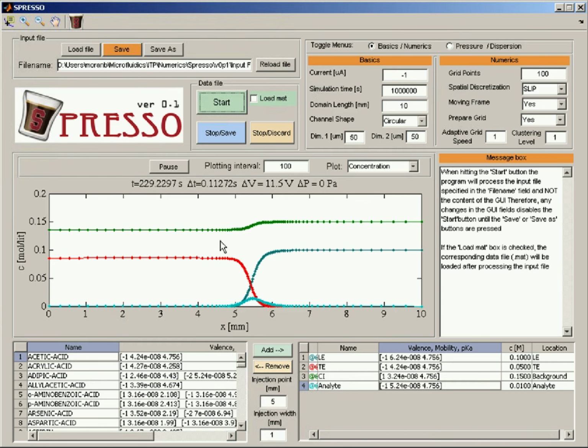You can see that there are many grid points here at the interface, and that the flat regions are very sparsely gridded, and this is the adaptive grid. This simulation currently runs on only 100 grid points. So let's stop this. If we hit Stop and Discard, then we're not saving anything right now, and once we